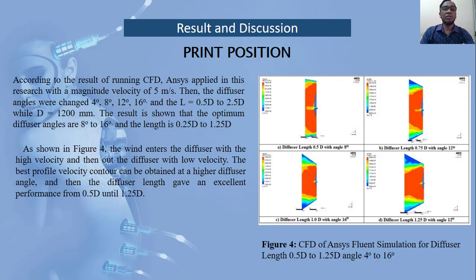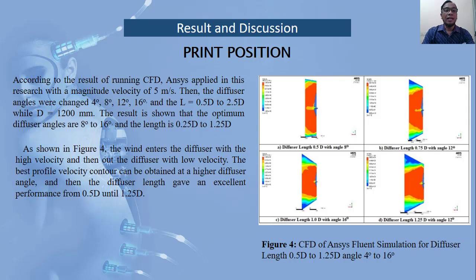Then the diffuser angles were changed to 4 degrees, 8 degrees, 12 degrees, 16 degrees, and the length L equal 0.5D to 2.5D, while D equals 1200 millimeters. The result is that the optimum diffuser angles are 8 degrees to 16 degrees, and the length is 0.25D to